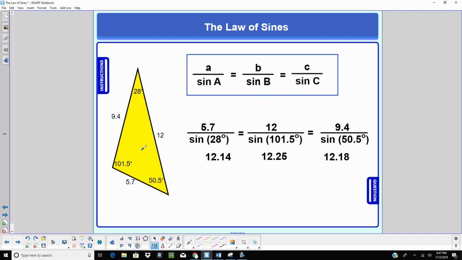12 over the sine of 101.5, because those are opposite. And 9.4 over the sine of 50.5, because those are opposite. What I think is kind of interesting